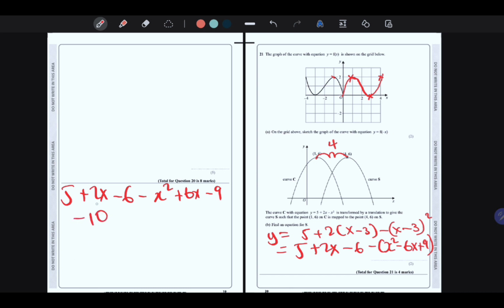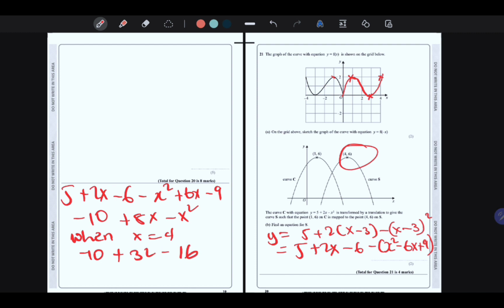Then we do 2x plus 6x, which is positive 8x, and the x squared is on its own. So you can actually test this. You can try x equal to 4 to see if you're going to have the 6 right over there. So let's try it out. This will be negative 10 plus 8 times 4, which is 32, minus 16, which is equal to 6. So that's our answer. And now moving on to the next question,